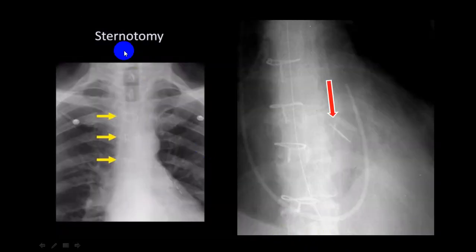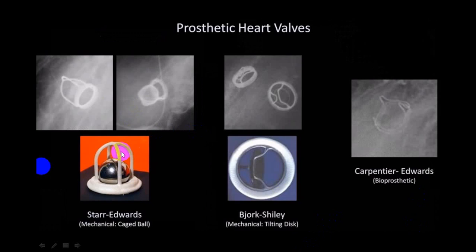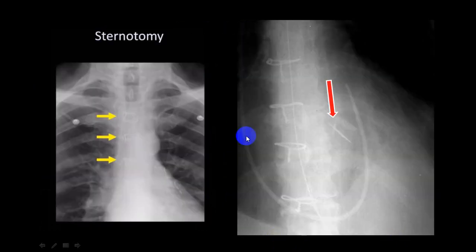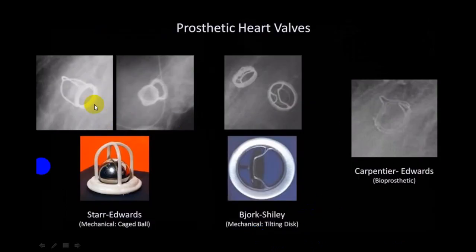Now you can see here, this is a sternotomy which has been done, and these are sutures. These are suture wires. Is it clear? You can see. And can you see something? What is this? These are what we call prosthetic valves. This is a prosthetic valve, and these are suture lines. Now we will show you how it looks like. These are all the different shapes of prosthetic valve.